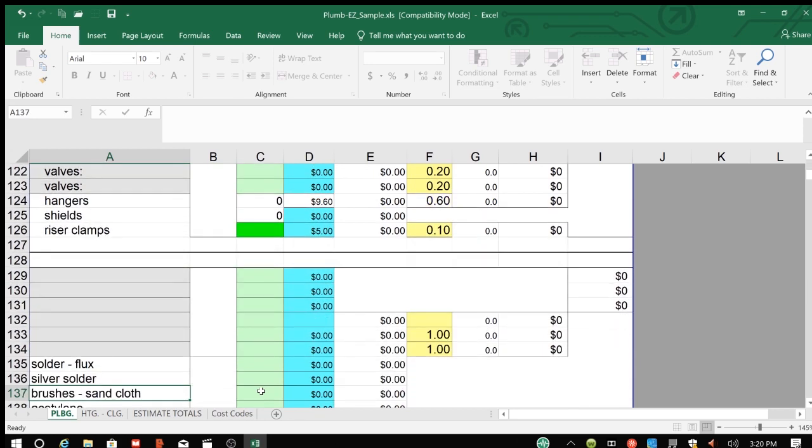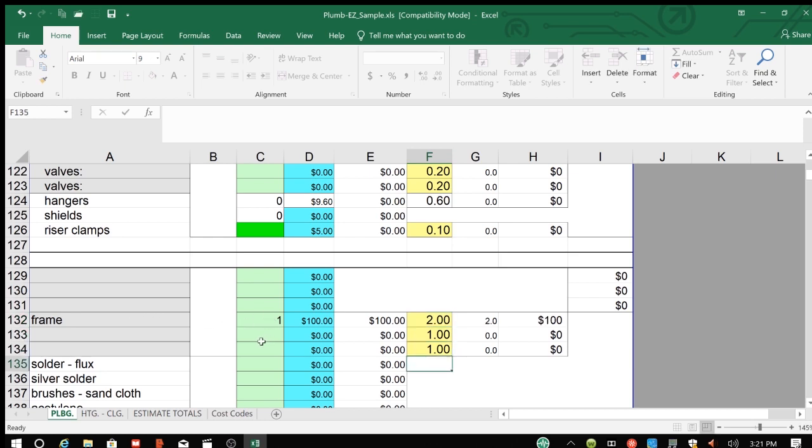Now this section here is for ride-ins. It's gray. Okay, let's just say we have to build a unistrut rack to mount water valves on. So we're just going to call that frame. All right, now we're going to have one frame, and it's going to have $100 worth of material, and we're going to put in 2 hours of labor. And here we go. It did the labor all the way across, did the math,